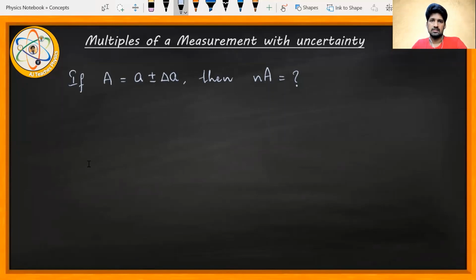Let us also discuss how to express multiples of a measurement when its true value and uncertainty or absolute error are known. This is quite simple. Now, n times A is just A added to itself n times. So it's just like adding a measurement with itself n times. Now, when measurements are added, we know their true values get added and their uncertainties also get added. So nA could simply be written as A plus A plus, A added to itself n times,